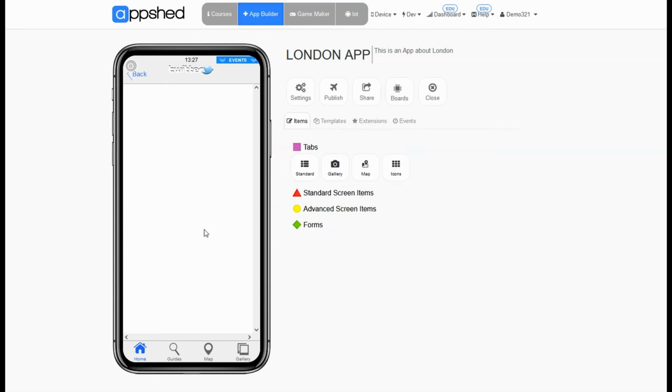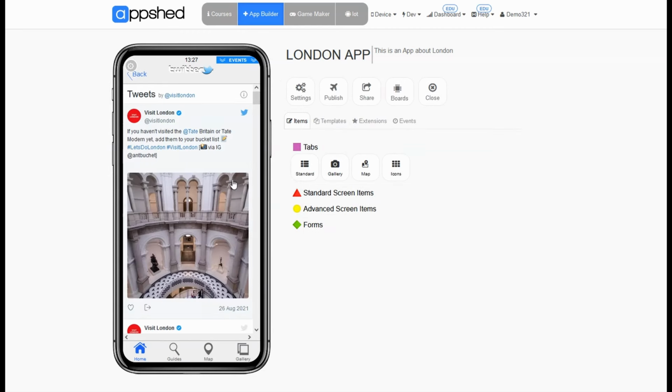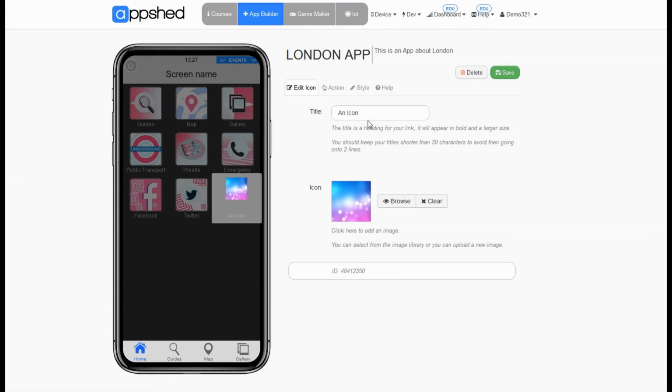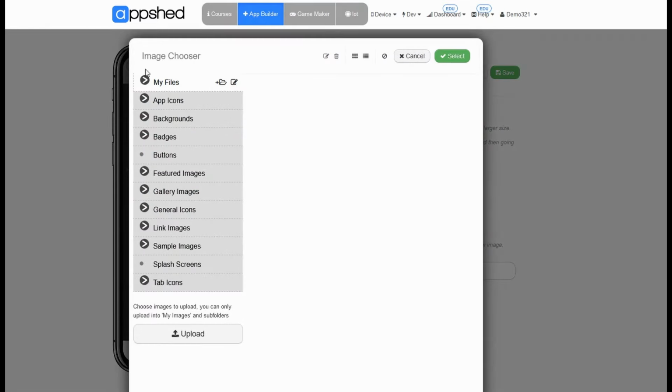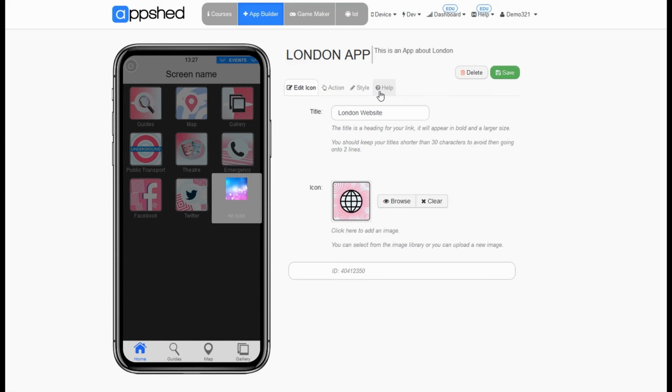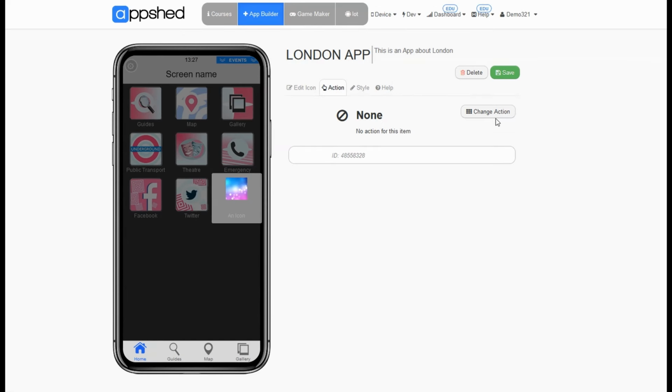And now finally, we're going to add the website Visit London. So again, we're going to add an icon, and in the title, we're going to type London website. We're again going to click Browse and use the image icon-website. Going to click the green Select button. And then again, we're going to change the action so that it links to the London website when the button